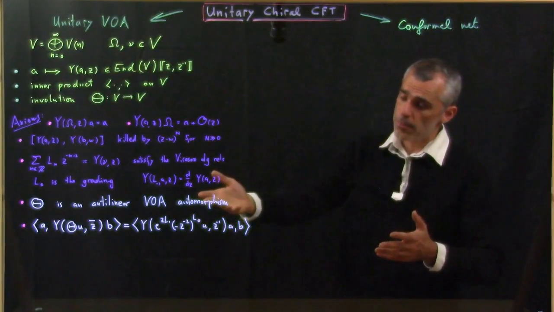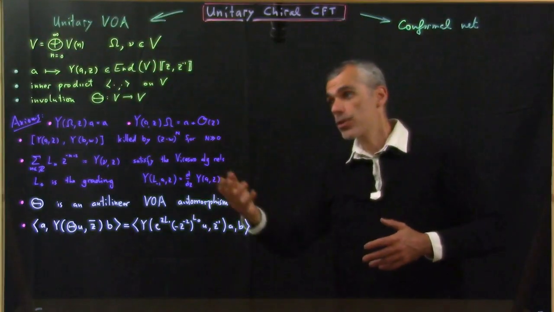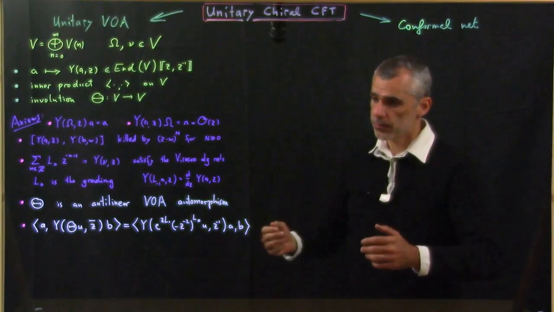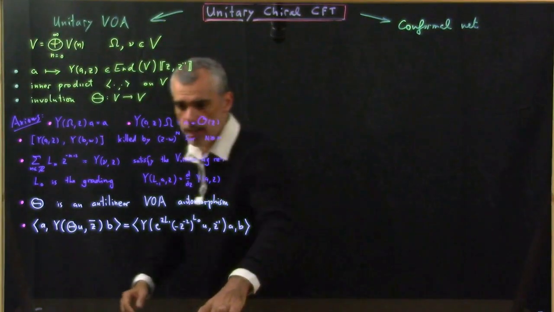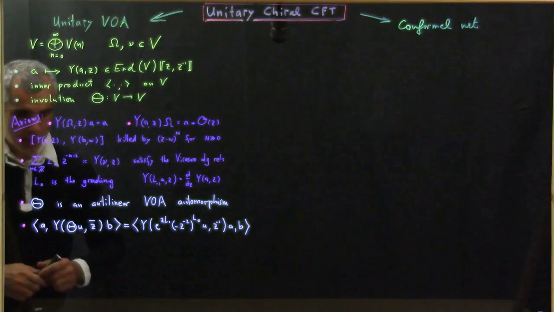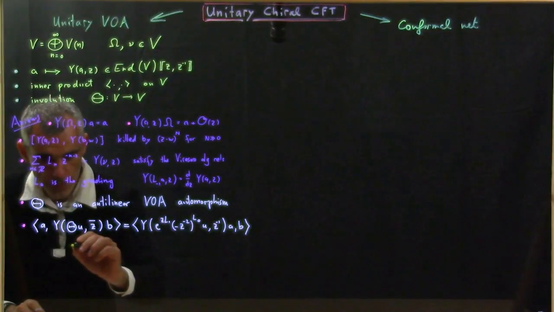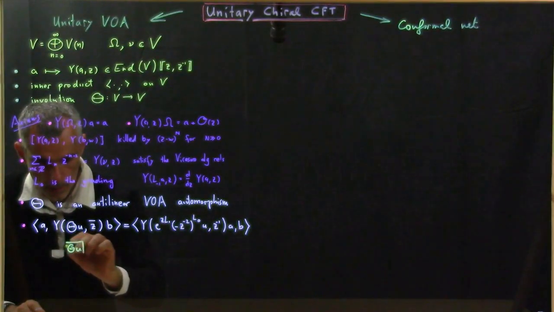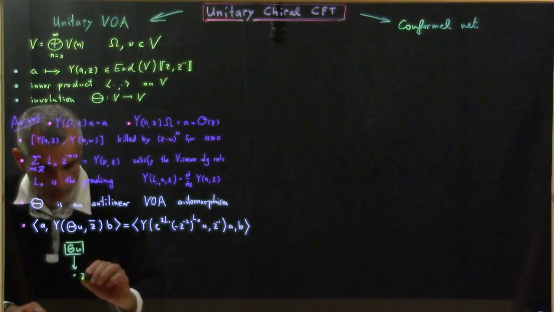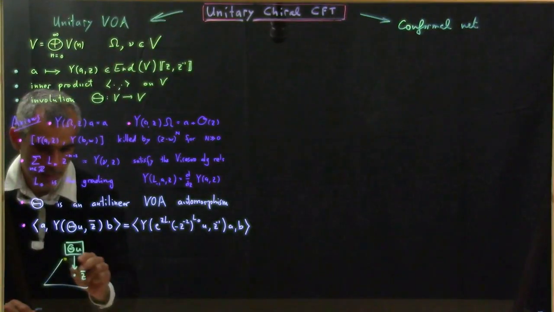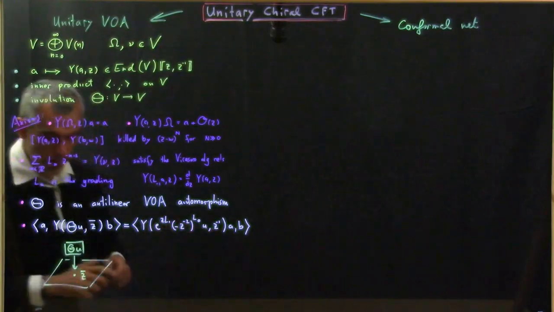And finally, we have an axiom that might seem a bit daunting, that relates the involution theta with the inner product. And the way I like to think about this, so let's see. So here we have an insertion of the element theta u. So let's write theta u. I think of it as being inserted at the point z bar of the complex plane. So this is how I like to represent this here. And let's draw the corresponding thing for this.